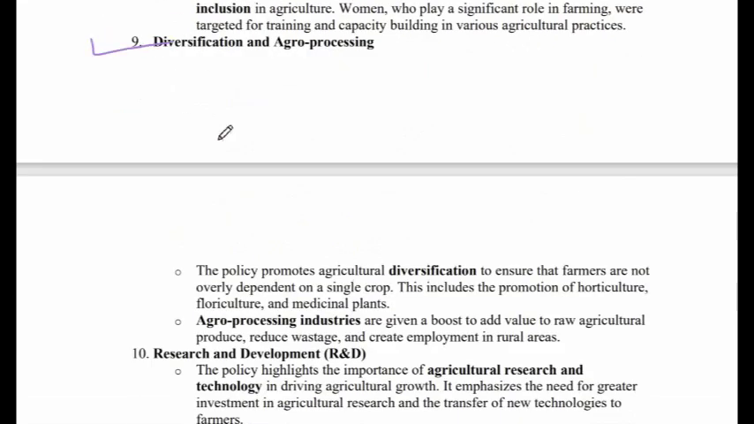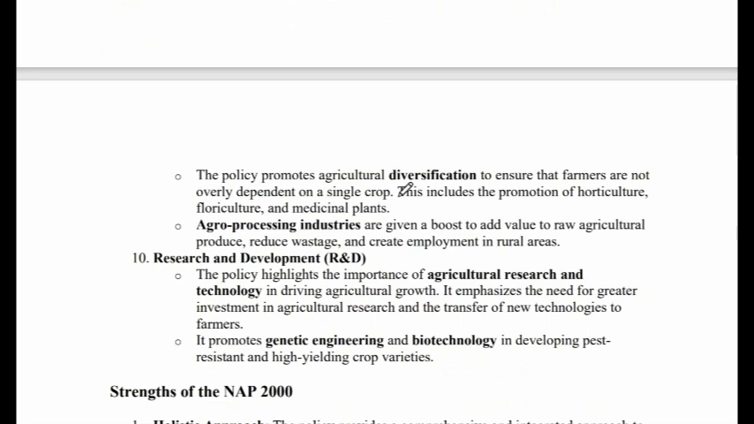Diversification and agro-processing. The policy promotes agricultural diversification to ensure that farmers are not overly dependent on a single crop. This includes the promotion of horticulture, floriculture (flori means flowers), and medicinal plants. Agro-processing industries are given a boost to add value to raw agricultural produce, reduce wastage and create employment in rural